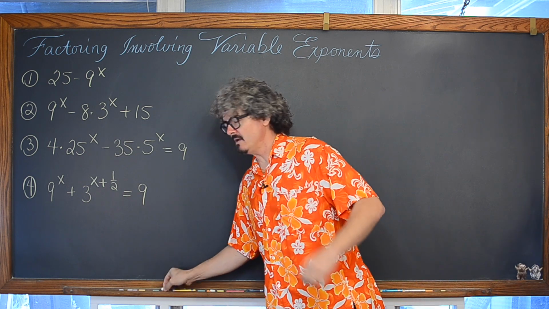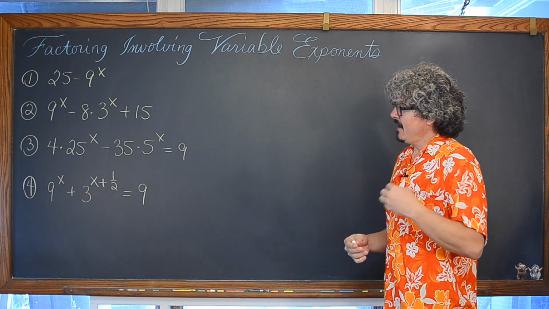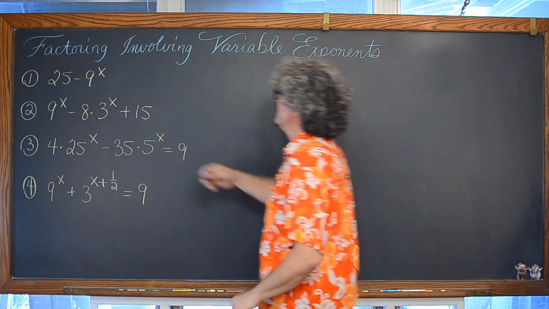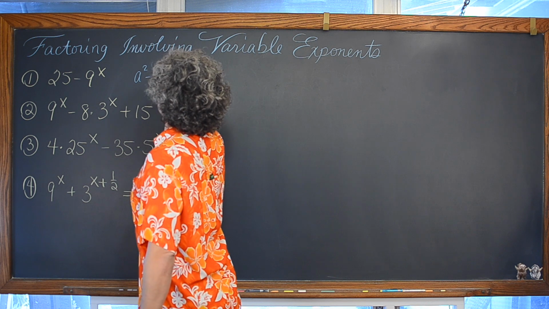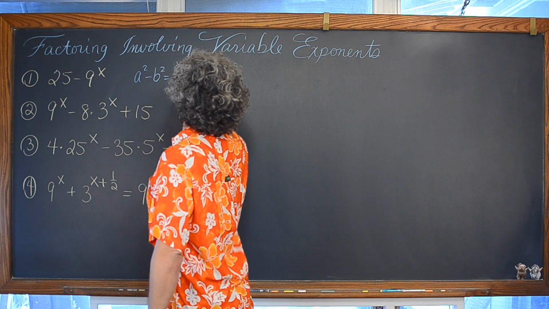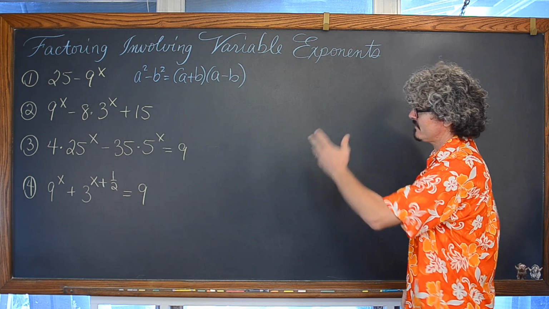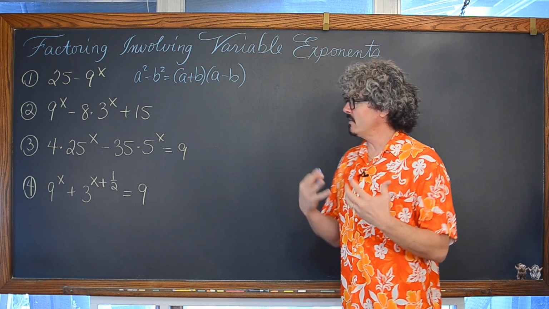So we're going to be strengthening, reviewing our factoring skills, and dealing with some common patterns. We have here with number 1, which is going to be some kind of factor of a squared minus b squared is equal to a plus b times a minus b. We're going to have number 2 here, a 3-term expression, and we're going to hopefully understand